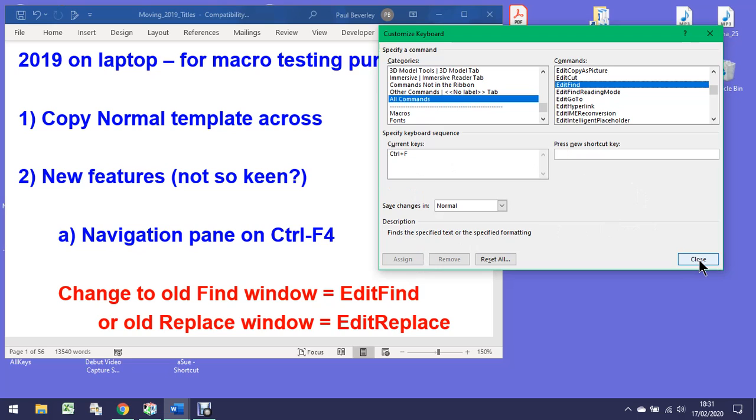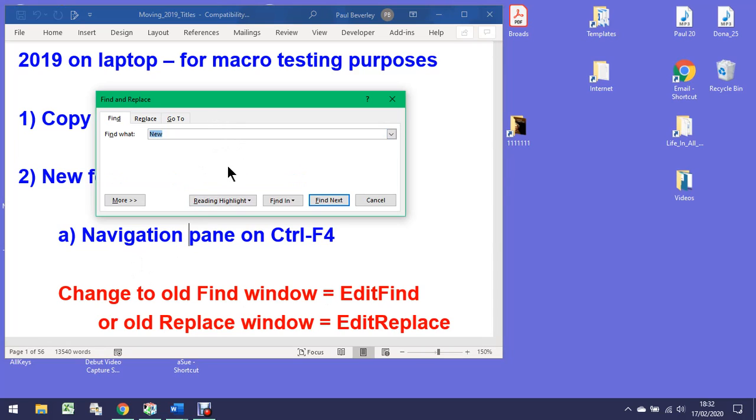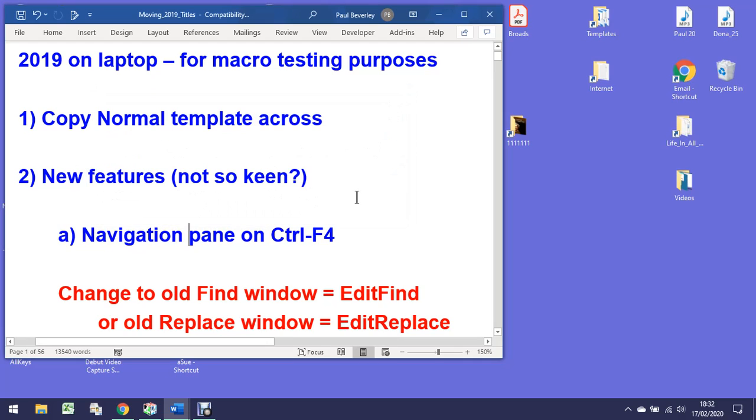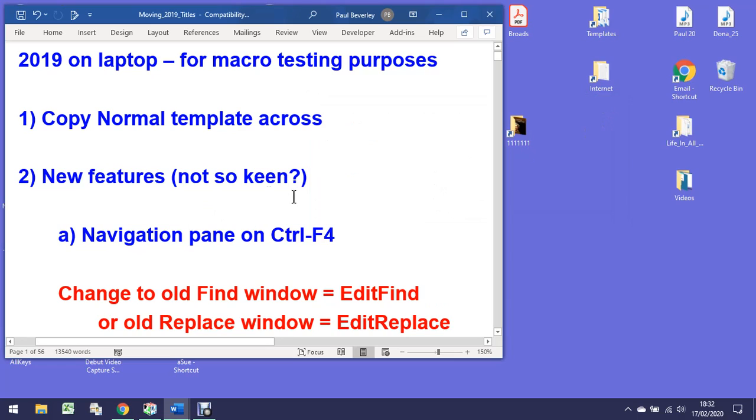Okay, so if we now close that, now if I do Control F, then I get the find box, which is a subset of the find and replace box, which you recognise there with the replace as well, and that one is normally pulled up with Control H, so that's still there. But as I say, I have Control H as it is with the normal, the old replace window, but what I put onto the